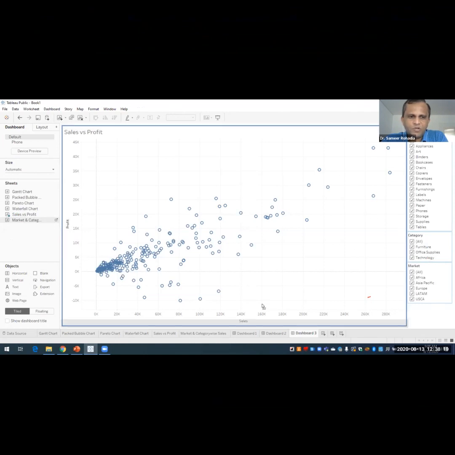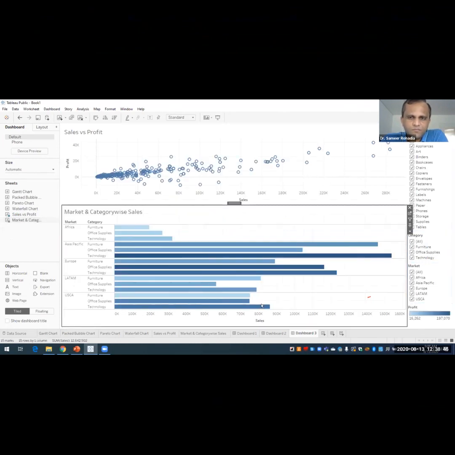Now normally, when we were putting this same chart in dashboard one, we were having a bigger gray portion, but currently we are able to see only a small patch of the gray portion in the bottom because I want to put it in the bottom. As soon as you are able to see this small patch of gray area in the bottom area, you simply release the button.